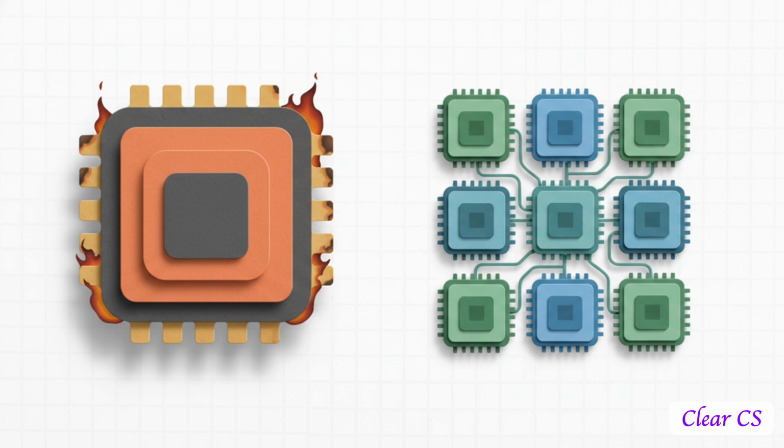The solution wasn't to compute faster anymore. It was to compute differently. And that kicked off the multi-core era. Instead of one ultra-fast central processing unit, chips started getting built with multiple, slightly slower units, or cores, working together. But there was a massive catch. This hardware revolution completely upended things for software engineers. They had to redesign how programs were written from the ground up. Sequential programming was out, and parallelization was officially in.